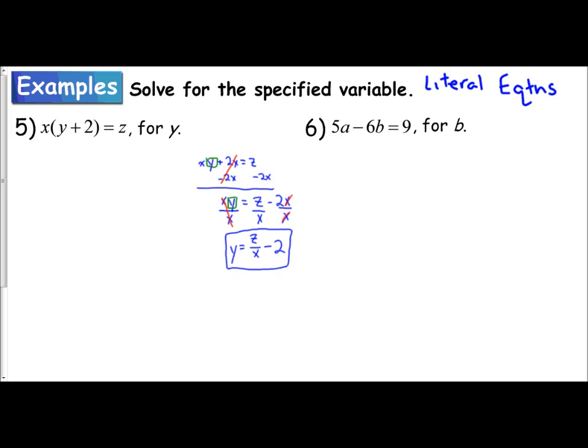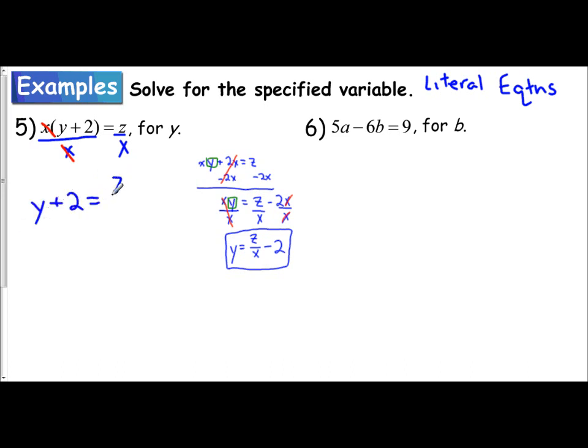Rather than distributing the x first, if we look, we're trying to solve for y. And right now this y is contained in this parentheses, this object. It's protected by these parentheses. And these parentheses are being multiplied by x. So rather than distributing the x inside, which is multiplication, I can actually divide both sides by x. That allows the parentheses to be isolated and give me y plus 2